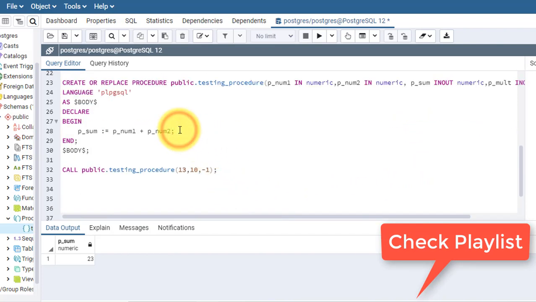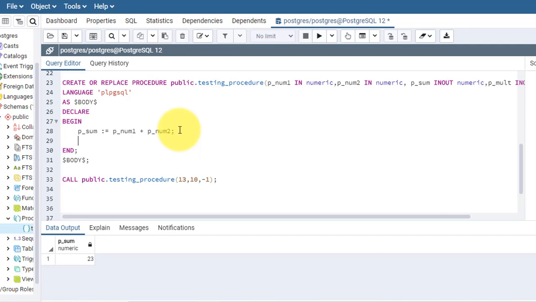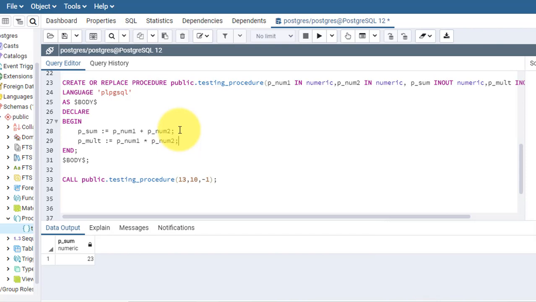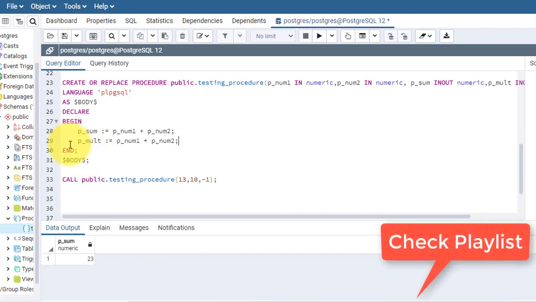I have already done the summation part. Now I will do p multiplication, and I will do p num1 multiplied by p num2. Here I am not using any exception handling because there is no need for it.